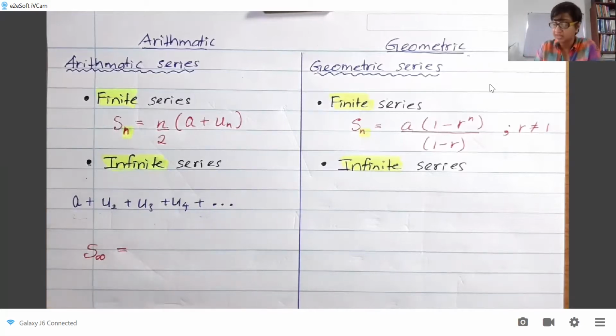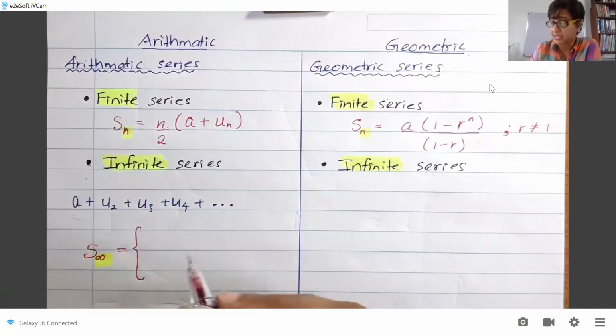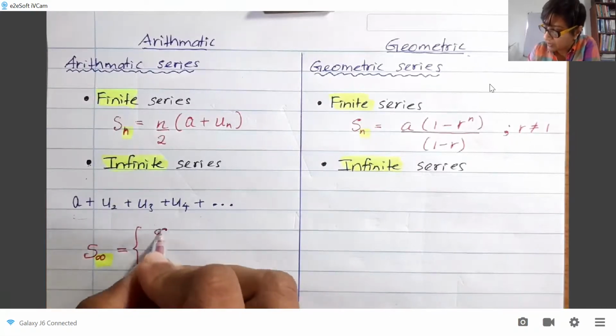I will highlight infinity, I'm adding infinitely many terms. If your d is positive, this makes sense. Your terms get bigger and bigger and bigger. So if you keep adding them, you're not going to end up with a finite number. You're going to get as your answer infinity. And that again is not a number, remember. Even though I say you get infinity, it's not a number. It only means it keeps growing and growing and growing. You get infinity if